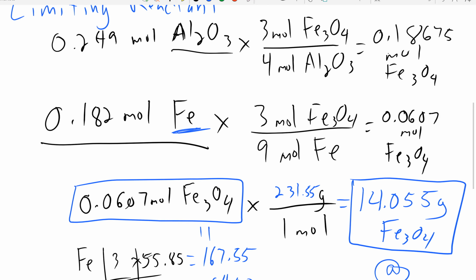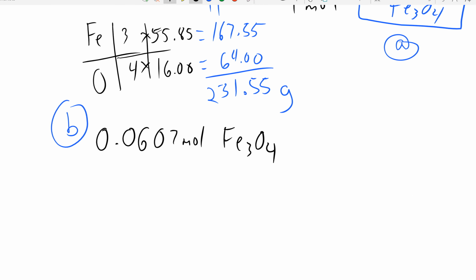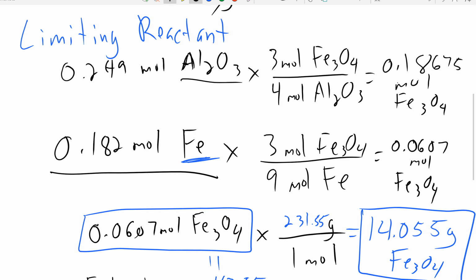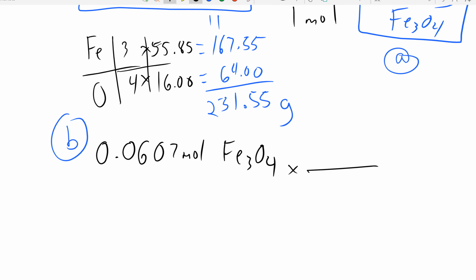So we're going to use this same molar ratio: for every 3 moles of Fe3O4, we have 4 moles of aluminum trioxide. And we're going to say 0.0607 times 4 divided by 3, which gives us